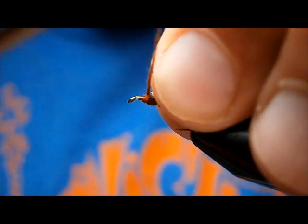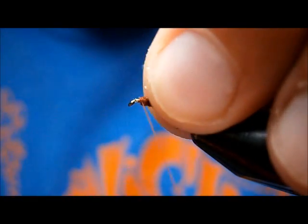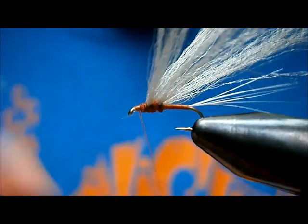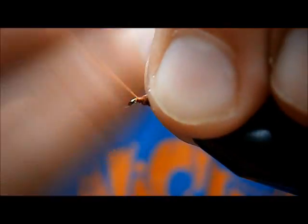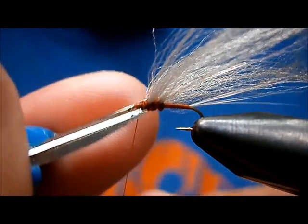Got those in there nice. Just going to build this up a little bit here in the front. Simulate the front portion of the abdomen, which doesn't have a wing. I'm just going to build myself up a little rusty head and go into the lip finish. And this just looks like a big old mess right now, but